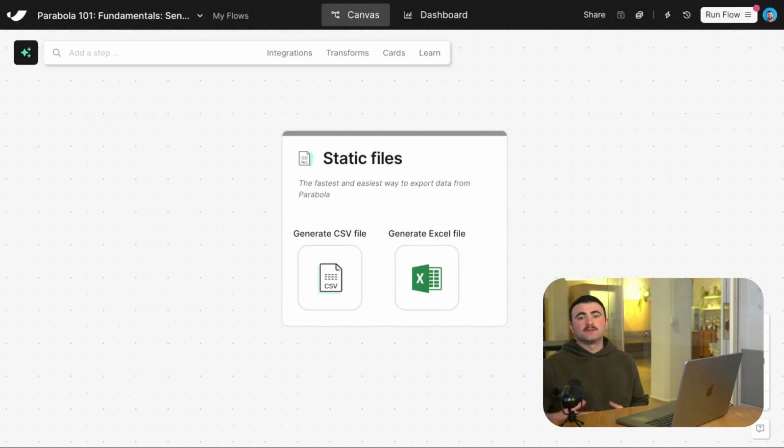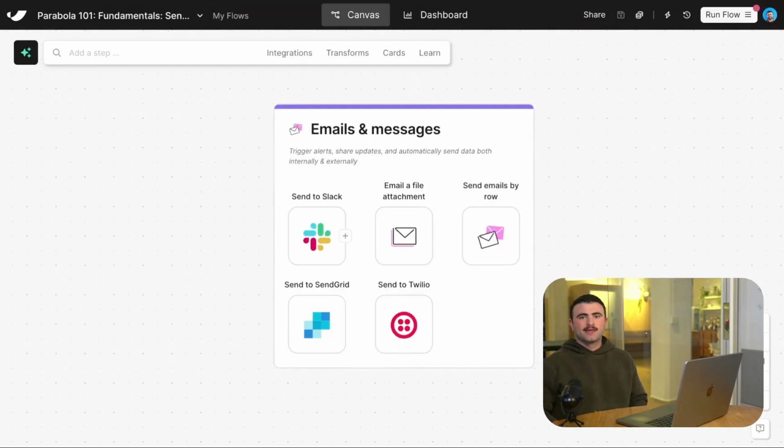Static files encompass CSV and Excel files that we can generate at the end of our flow and download directly to our computer. Email and messaging apps allow you to trigger notifications and share data in real time, both internally and externally. Most commonly, that looks like triggering a message in some place like Slack or Microsoft Teams when action is required, or triggering an email,